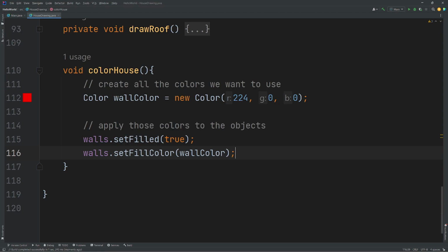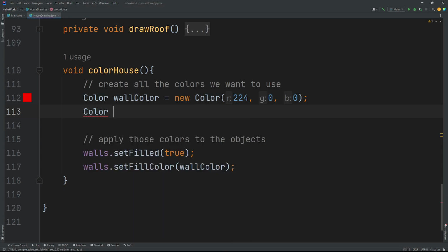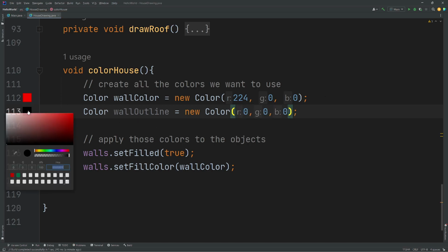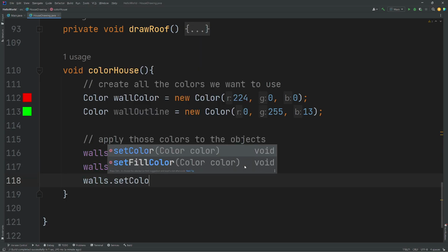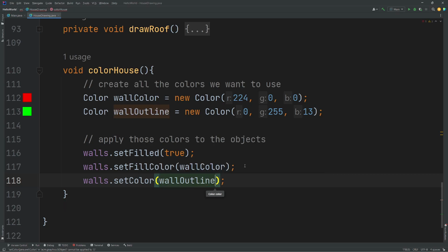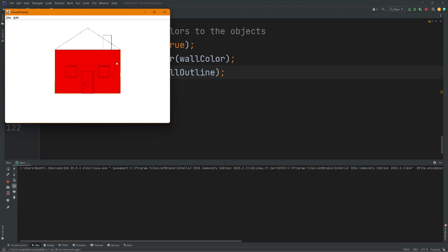Cool. Oh, I guess one more thing. Just so you can see, I'll go ahead and create another color. I need something really high contrast. So we're going to do this green color, even though it's going to be hideous. If I do just regular set color, you could probably guess based on what I called it, but regular set color affects the outline of our thing, which you probably can't see very well, but if you look closely, you can see the green outline